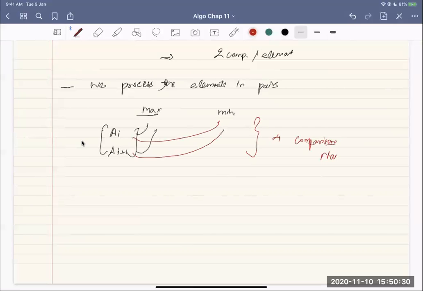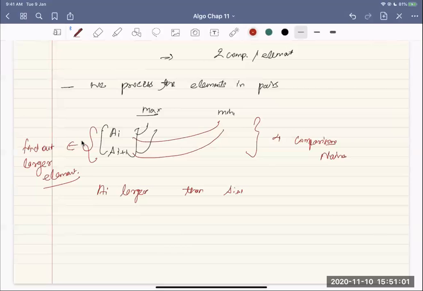in the naive algorithm. But now what can I do better? You see, among these two, because they are distinct, one of them will be larger. So if I know that, first find out the larger among these two. And then suppose A_i is larger than A_i plus 1. Then there is no point of comparing A_i plus 1 with the max, right? Let A_i be larger than A_i plus 1. Then what will you do? Then compare A_i with max and A_i plus 1 with min,